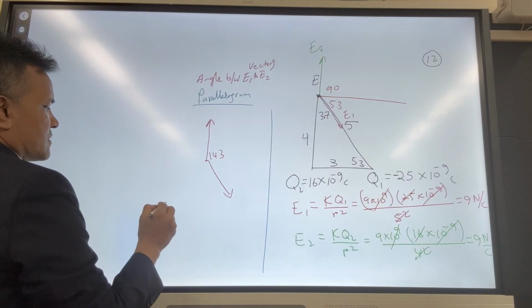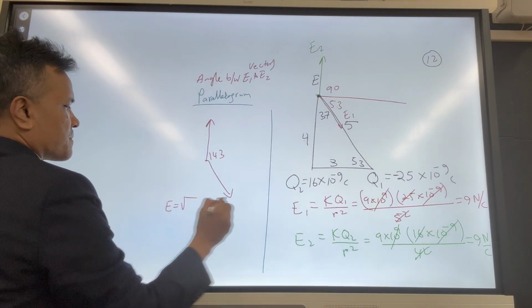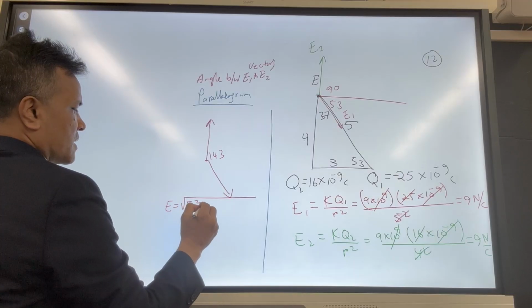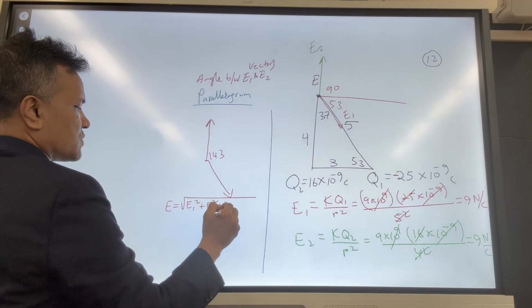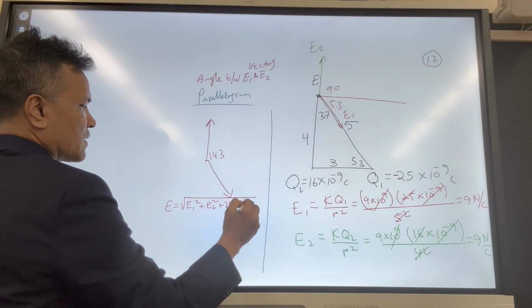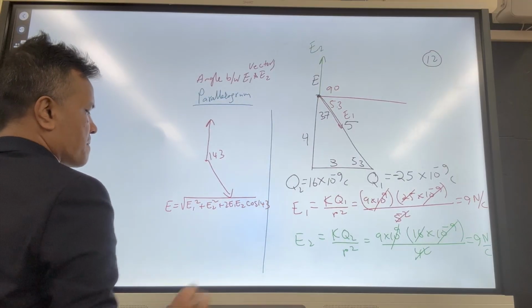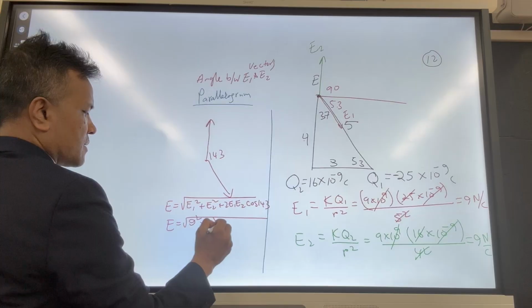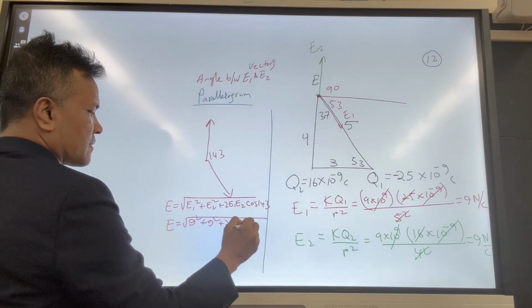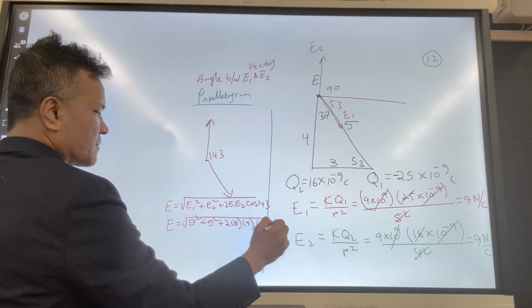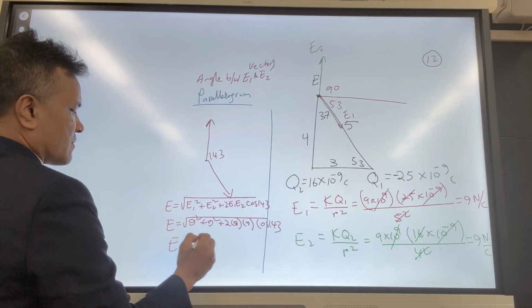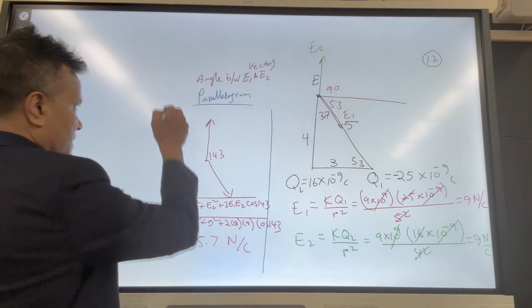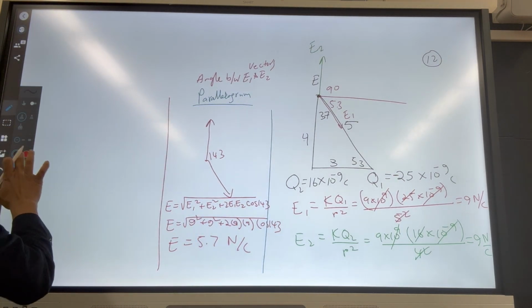So what is the equation? E is equal to E1 squared plus E2 squared plus 2 E1 E2 cosine 143. So E is equal to 9 squared plus 9 squared plus 2 times 9 times 9 cosine 143. E is equal to 5.7 Newton over Coulomb. If you use the law of cosine,